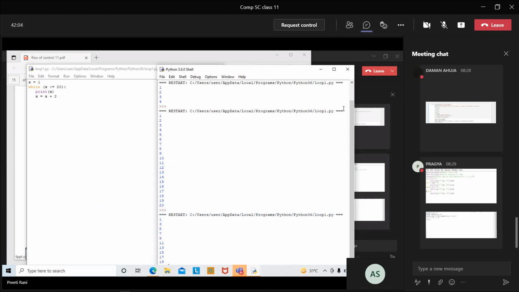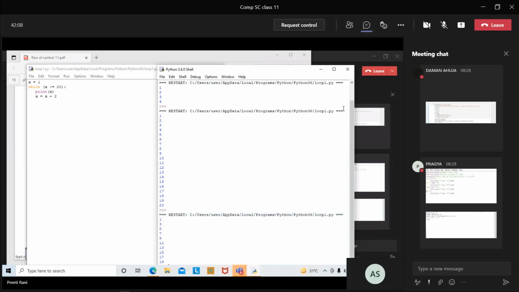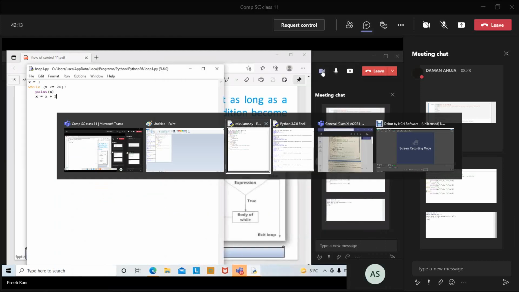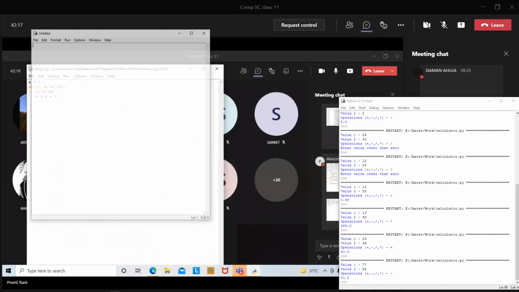Okay, write a program to print the table of 3. Are you able to do it? Can you try? The table of 3.